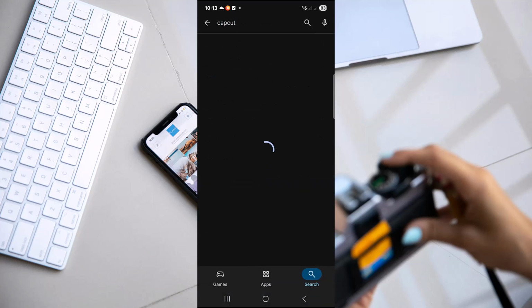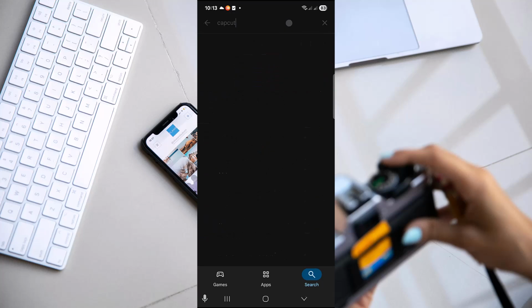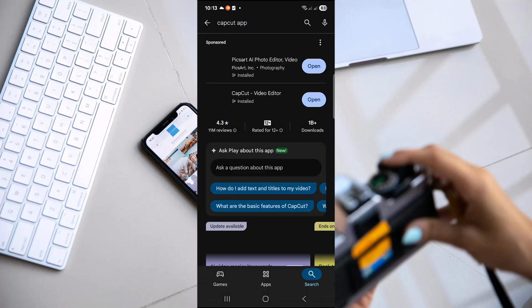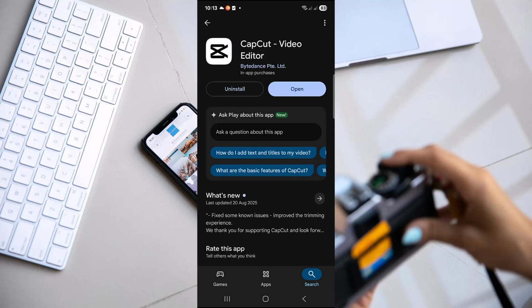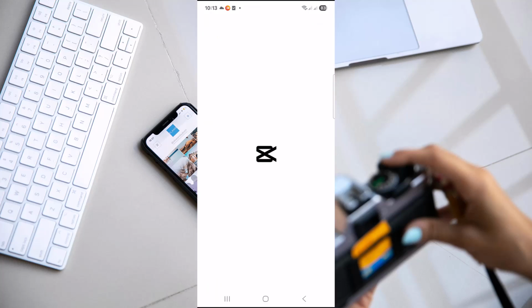Search for it, and here I'm searching for the CapCut app and see if there is any update available. If there is, make sure you update your app and then just go to your CapCut,